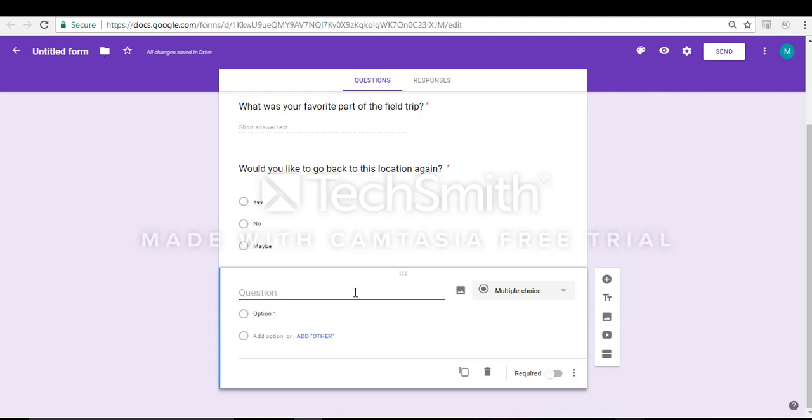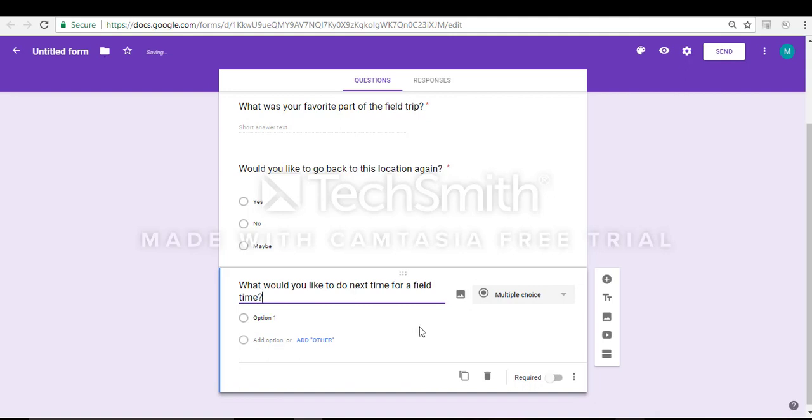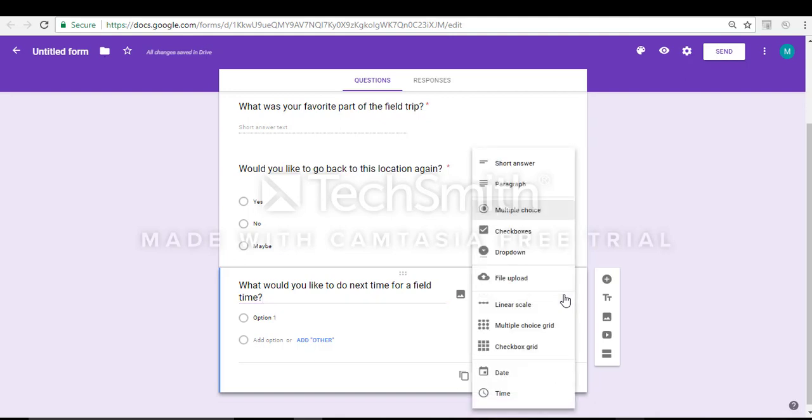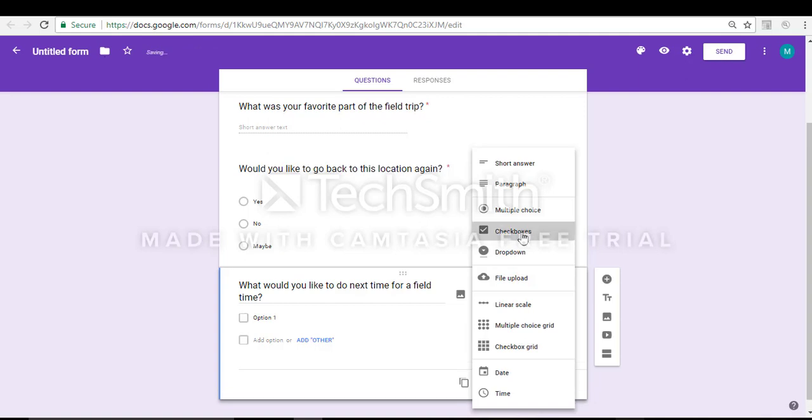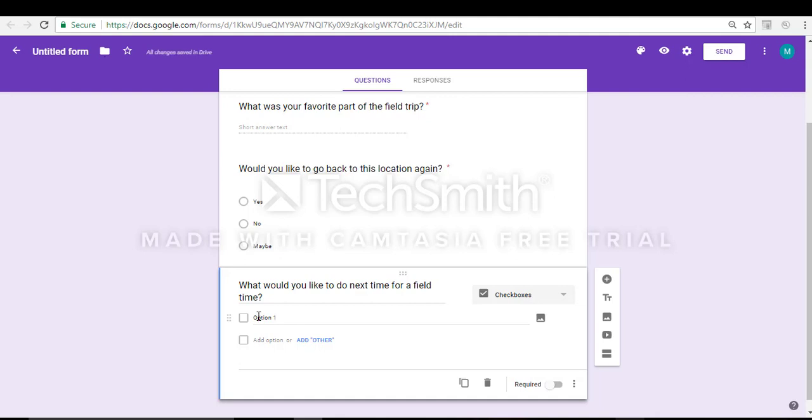And then for this question, let's put, what would you like to do next time for a field trip? And for this, again, we don't want them to have multiple choice. So let's bring up this drop down menu. Let's do check boxes. So now we're going to put a few options in there for them because we want to stay within what we're doing in our classroom. So let's put farm,